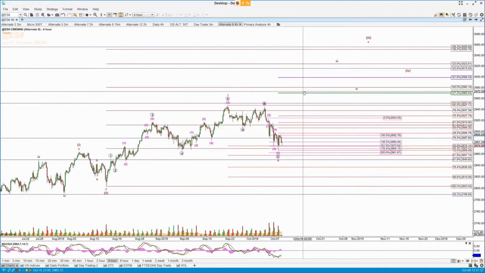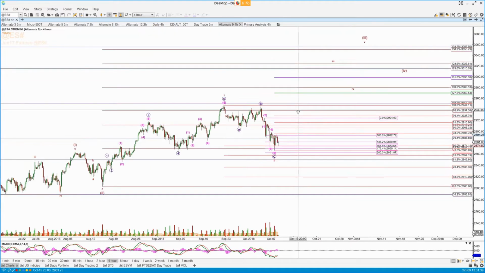So if I come down the time frames and look at the 4-hour chart, okay, there's the original 1, 2, and that's fine. The only way to consider this as an impulse, we took this out here, is that all of this is the 1 and that we are now in the 2 back against it. That's the only count that is credible for a continued impulse higher.